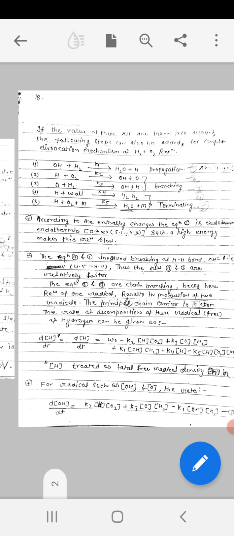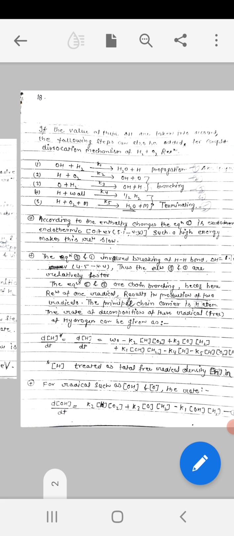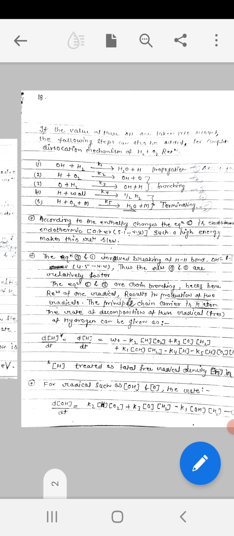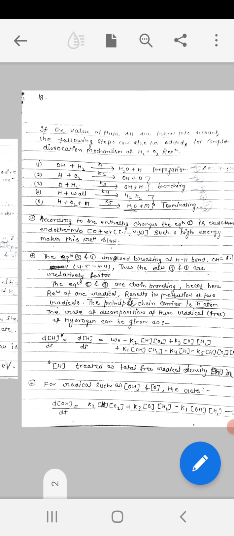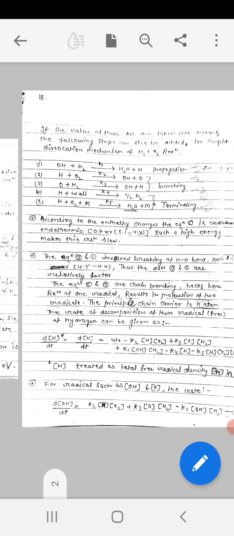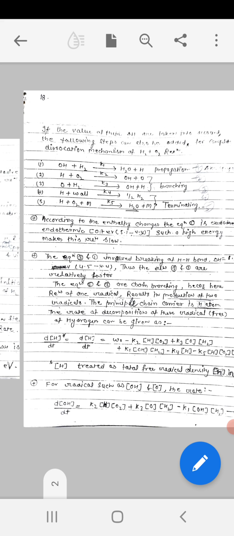So it combines, we add both, then we get 2K2HO2 upon K1CH2. Now substituting the value of OH and O in the rate equation for the hydrogen free radical, that is the oxygen concentration, equation 5. Then d by dt of H is equal to W0 minus K2 into H into O2 plus K3 into CH2